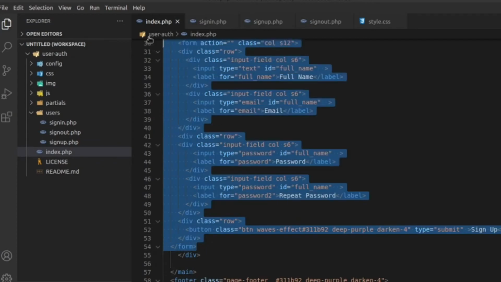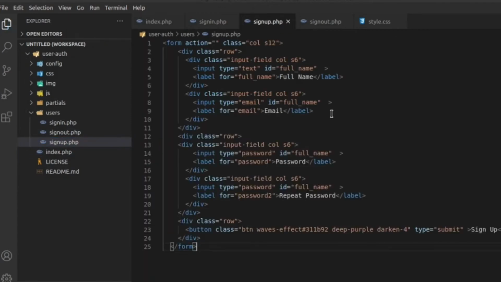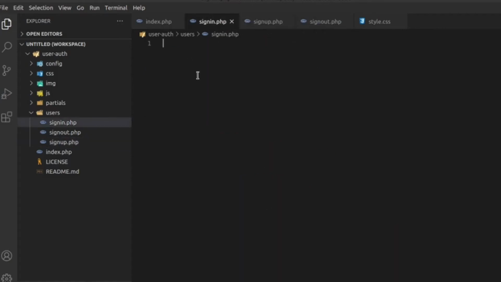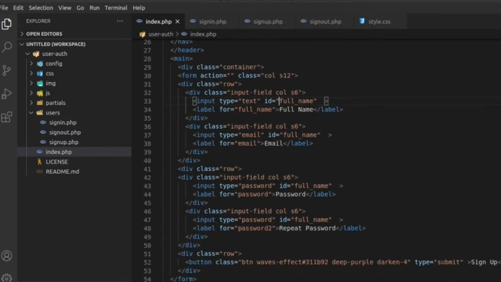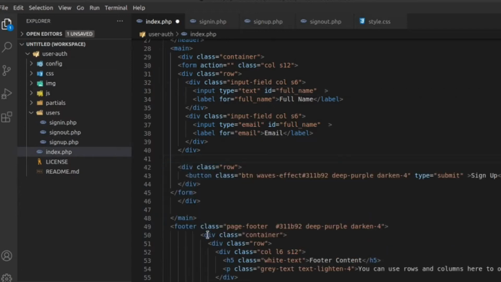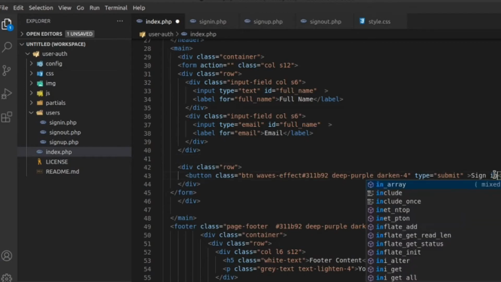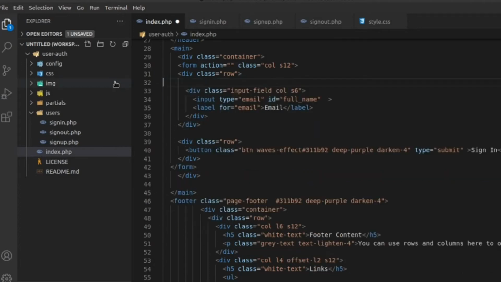For now I will copy this form and paste it inside my sign up form. Here it is. Next we are going to take into another place, and this form, let me change it to sign in form. Delete this row, we don't need this row anymore. In the place of sign up, just write sign in, and this would be email. Actually, delete this,